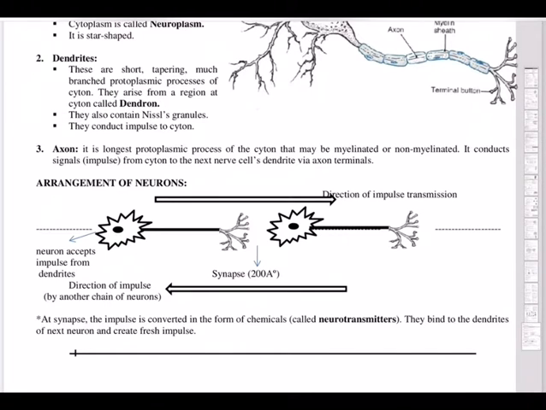Then immediately the whole hand responds. How does it respond? The same way. From the brain, orders come and reach the motor organs now. What are motor organs? The motor neurons present in the hand, for example.